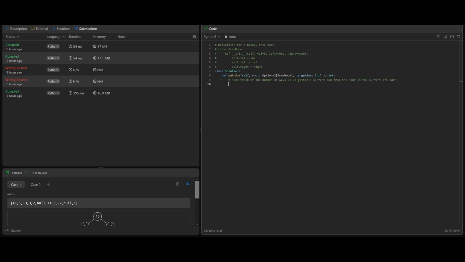So we're going to use a default dictionary because that's going to initialize everything at 0, and it's easier just to use plus equals instead of checking if it exists. It's also important to note that we're going to initialize sums of 0 equal to 1 because there is going to be a way that we can make a path with a sum of 0, and that's going to be